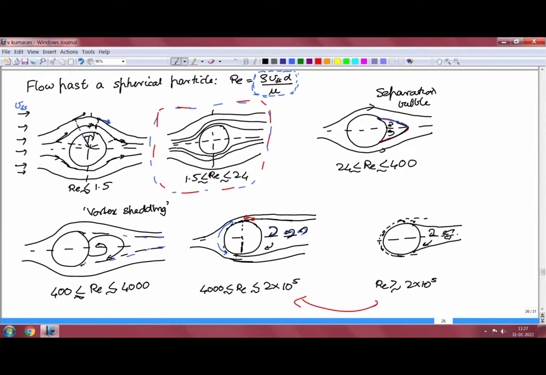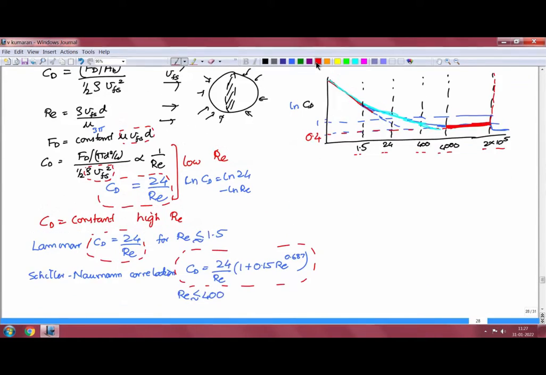In the last few lectures, we had examined the flow around a particle and the flow around a bubble. We saw that for the flow around a particle, there are multiple flow patterns depending upon the Reynolds number for the particle relative to the fluid based upon the free stream velocity. And we had examined correlations in each of these regimes